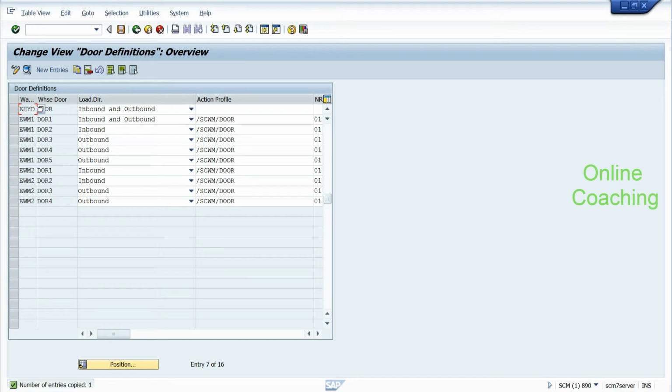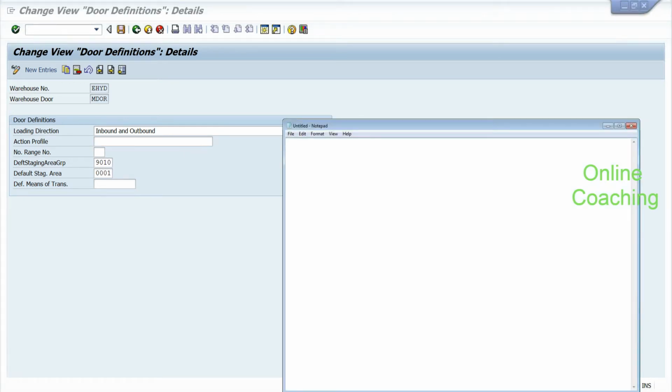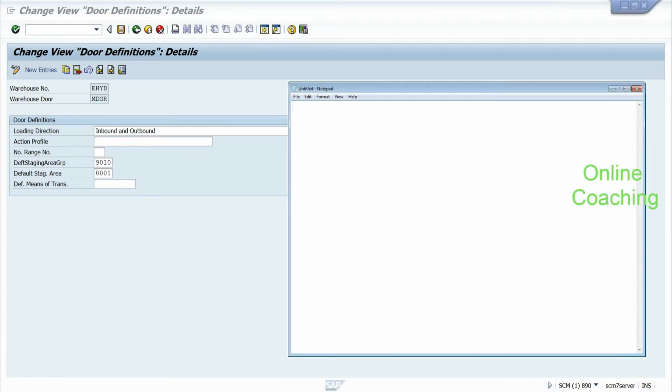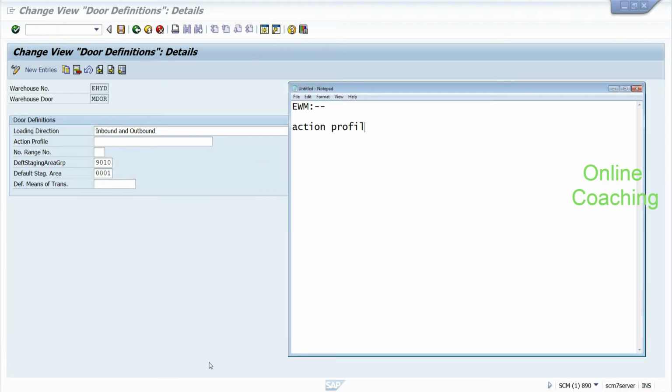So, is assigning an action here optional or mandatory? No, it's not mandatory. But I'll talk about this action profile and its use. Before actually going to the action profile, I'll tell you something: even in SAP, for every delivery document we create in EWM, we need to assign an action profile also. So action profile means,